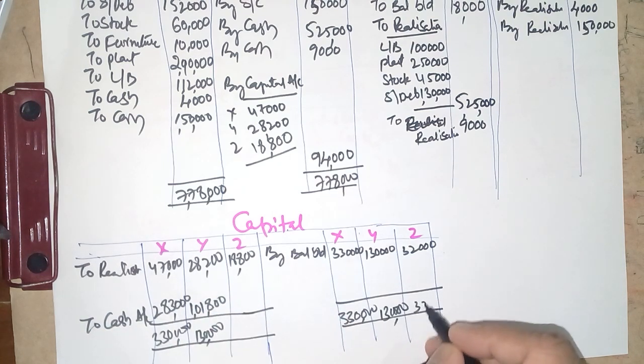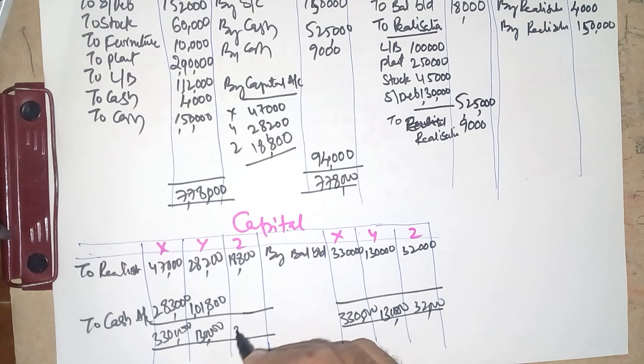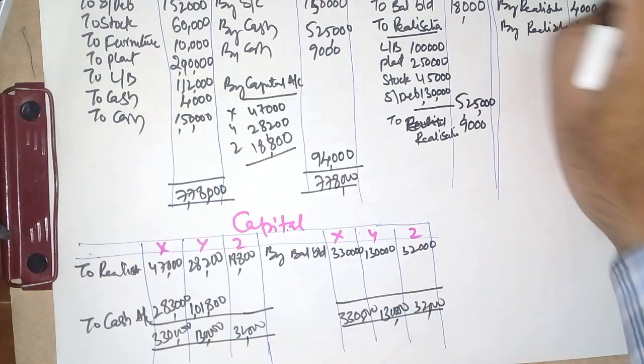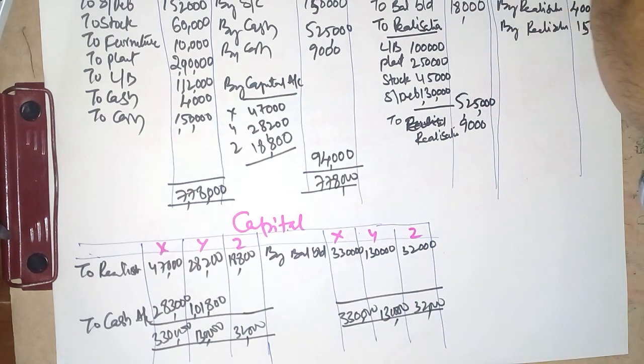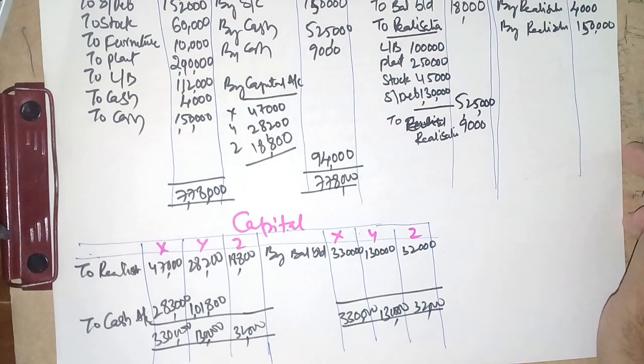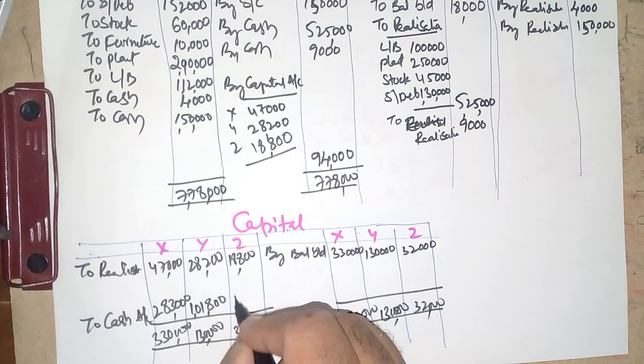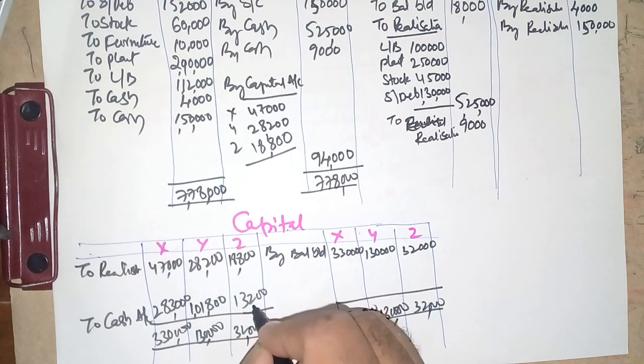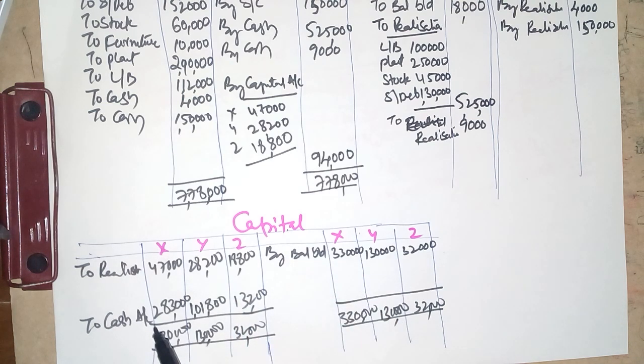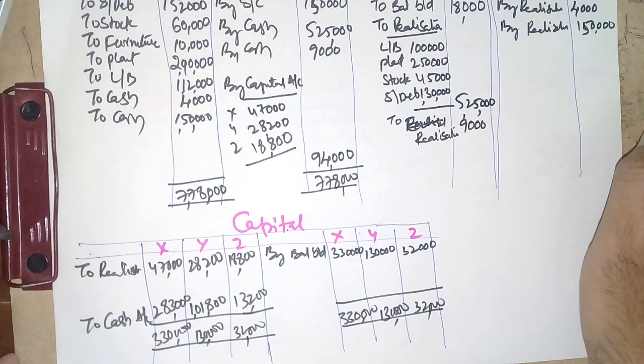And the same way, last one 32,000. That is 32,000 minus 18,800. So I'll be getting 13,200 is the balance. So these balancing figures which we have already transferred to cash account, this will be reflected in cash account, written as